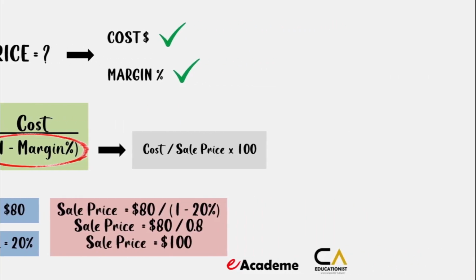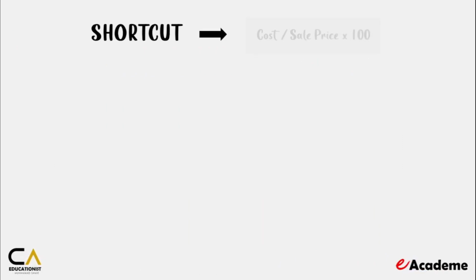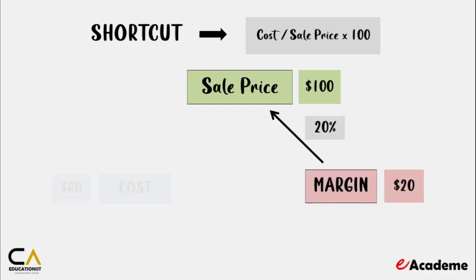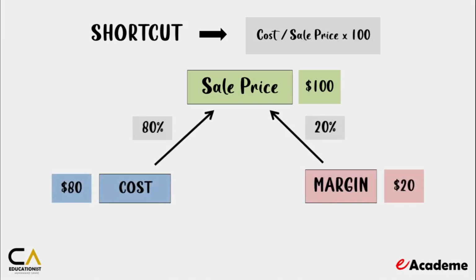There is also a shortcut to compute cost as percentage of sale price. If profit margin is 20% of sale price, it means that cost is 80% of sales price. So, in the context of our example, cost of $80 can straight away be divided by 80% to compute the